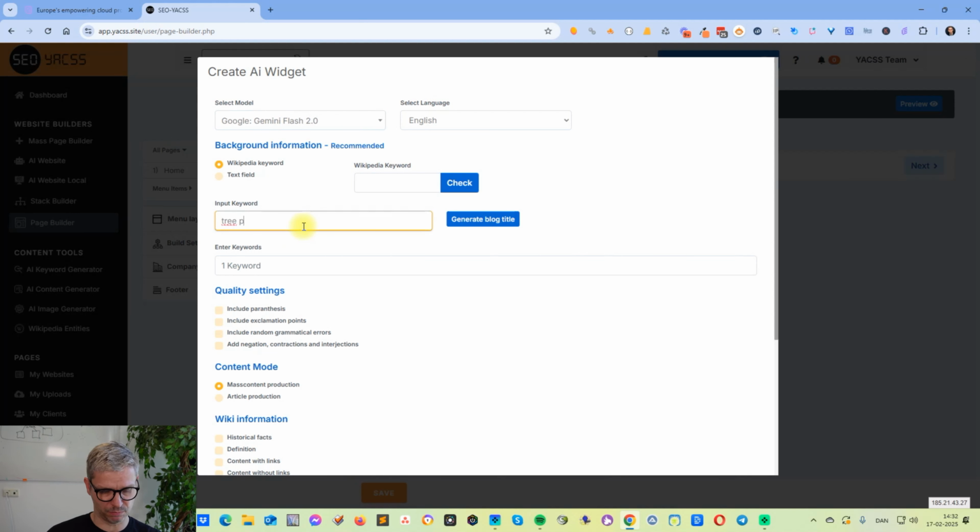And tree pruning in Alabama, something like that. Generate blog title. Let's see what it comes up with. What is tree pruning law? I don't know if there is a law. What is tree pruning and why is it important in Alabama's